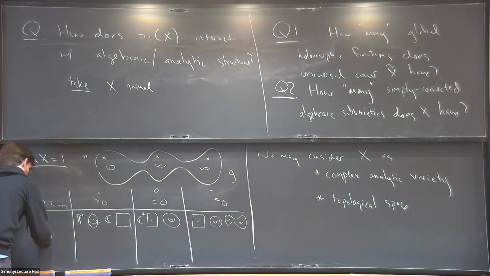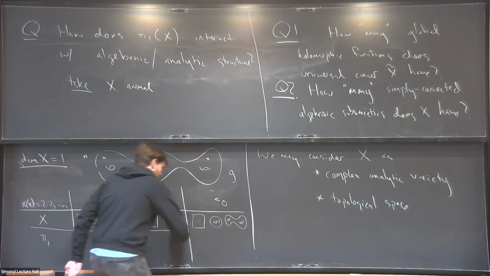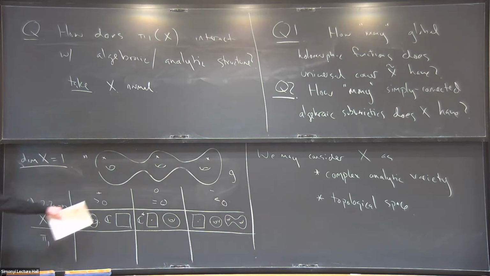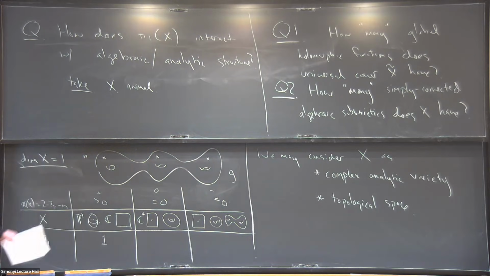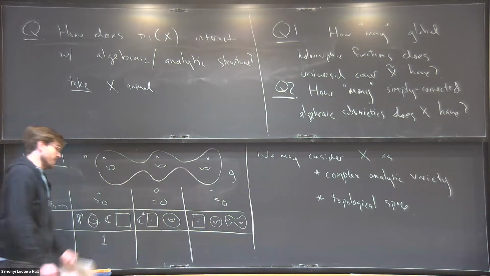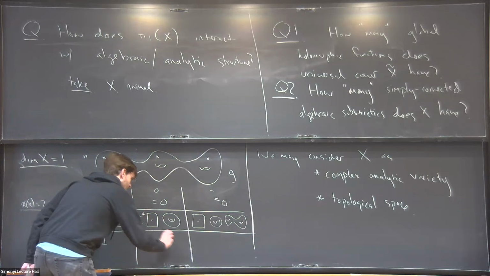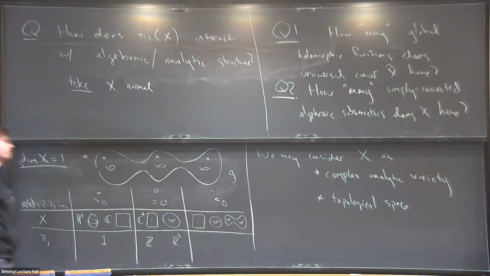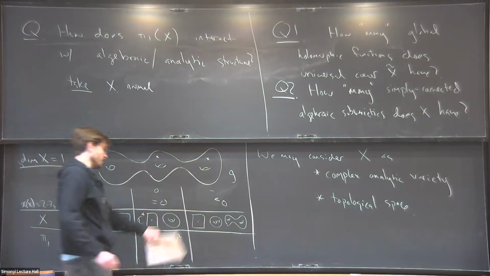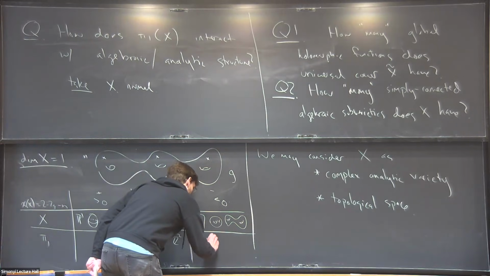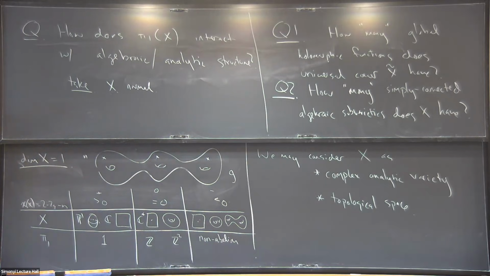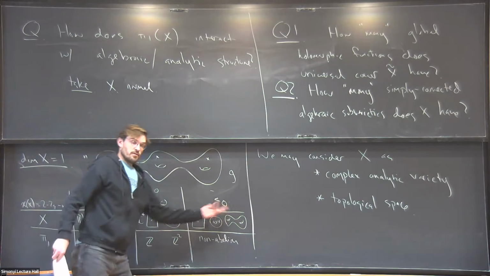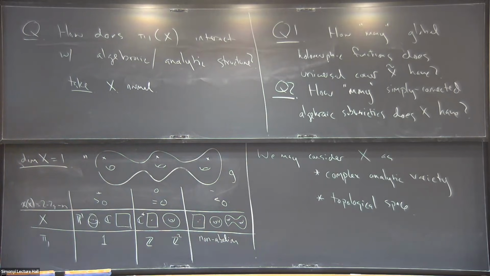We can sort of understand very concretely what the fundamental group is in all these cases. In this case, they're simply connected. This is 1. Here, it's abelian. In fact, here it's Z, and here it's Z squared. And here it's not abelian. It's either a free group on more than one generator, or it's a surface group if there are no punctures of a genus 2 or higher curve.